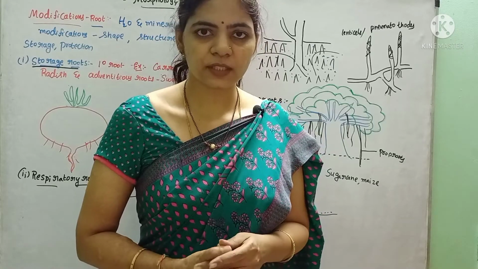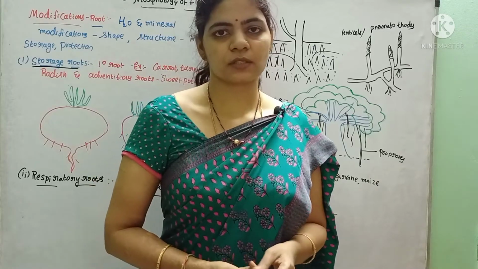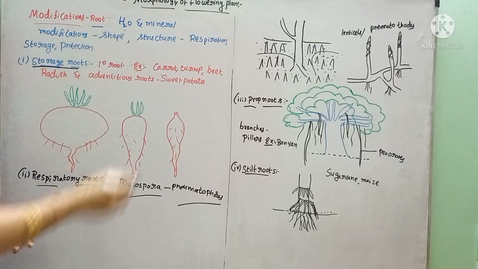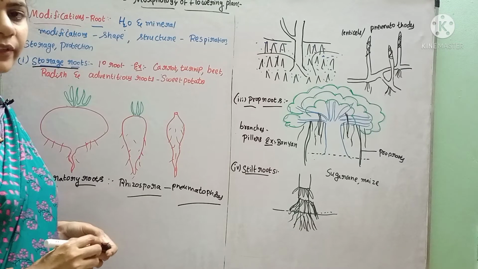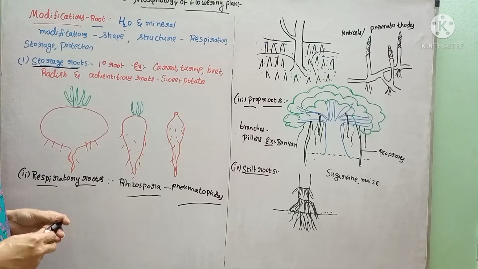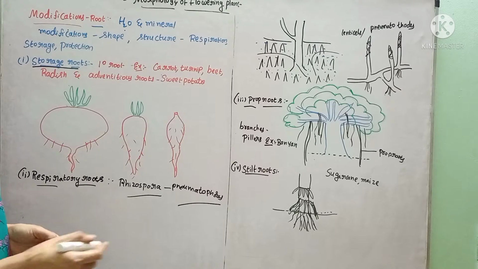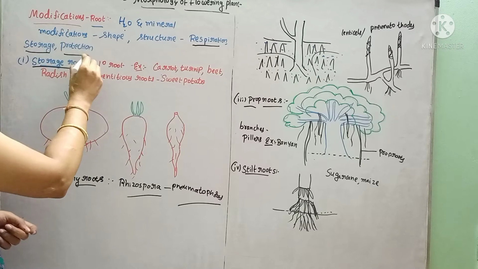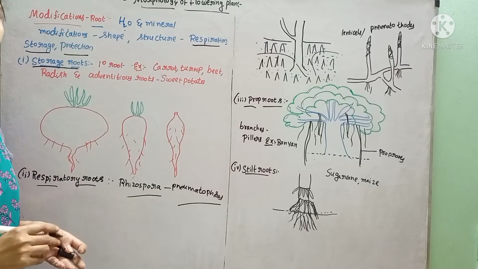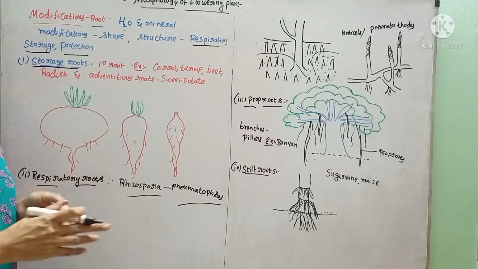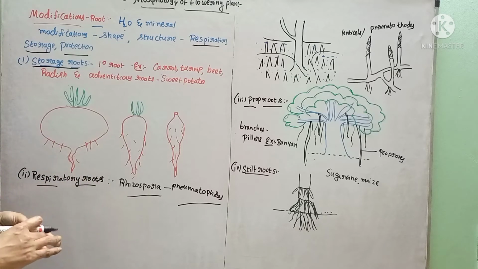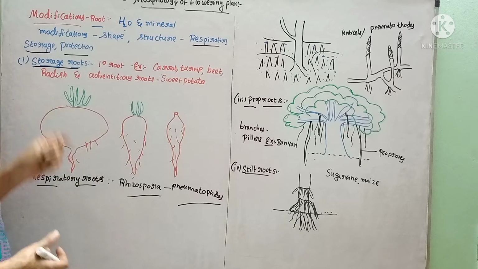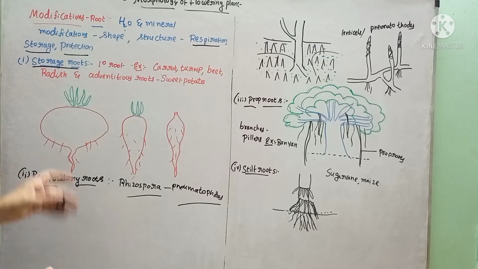In this video we are going to study about modifications in the root system. So actually, what is the main function of the root? Absorbing water and mineral salts from the soil and giving to the main stem. But in some cases, the root system will perform functions such as respiration, storage and protection, and they change their shape and structure according to that function, and they are called modifications. The root will be modified to perform different functions. And now we will see some examples regarding the modifications.